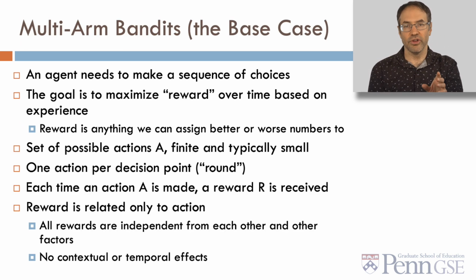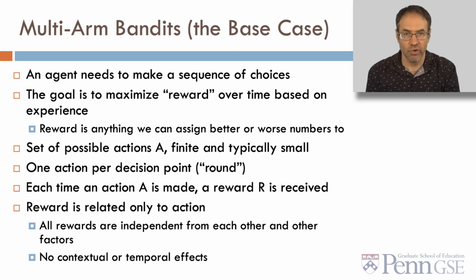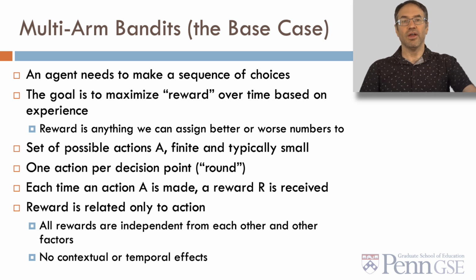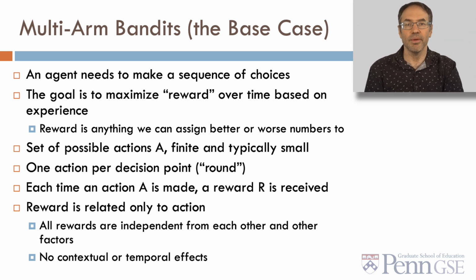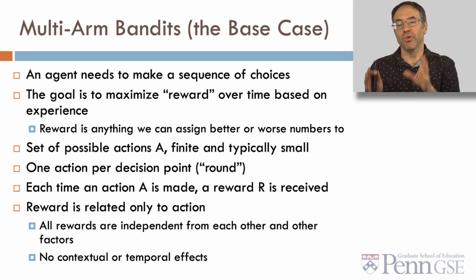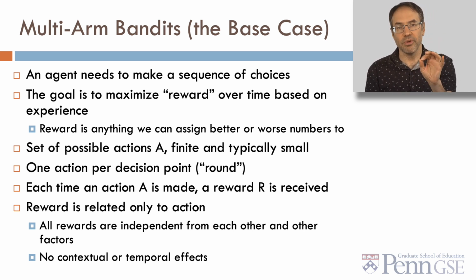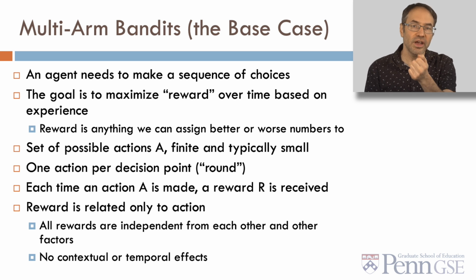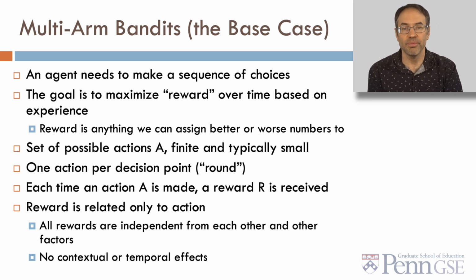The base case of multi-armed bandits is as follows. An agent needs to make a sequence of choices. The goal is to maximize quote-unquote reward over time based on the experience. And reward is anything we can assign better or worse numbers to. There's a set of possible actions, call it A, finite and typically small. There's one action per decision